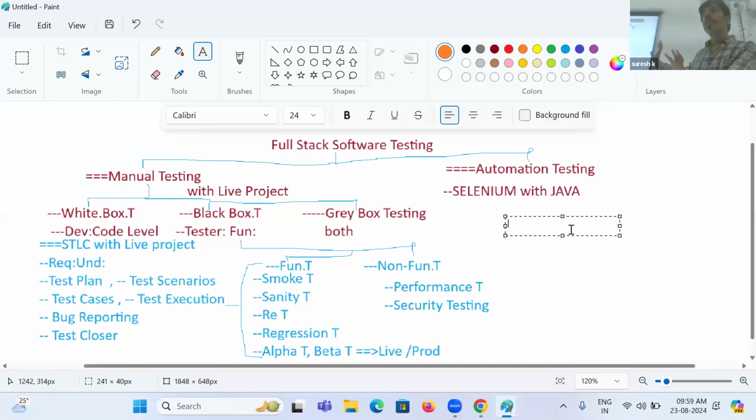That is a practical one. That is what you will be learning with the concepts as part of the project. But along with these particular things, before getting started with STLC,